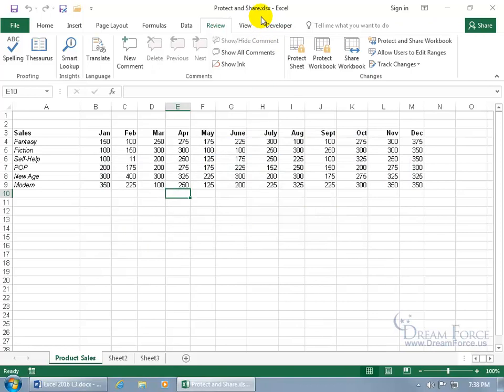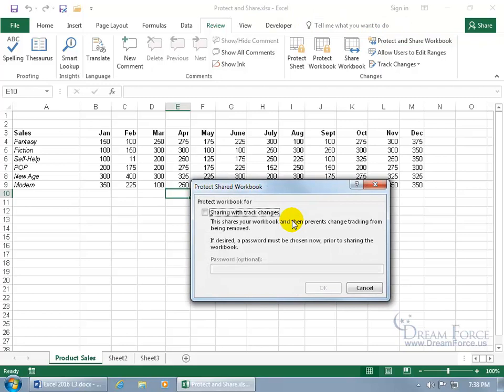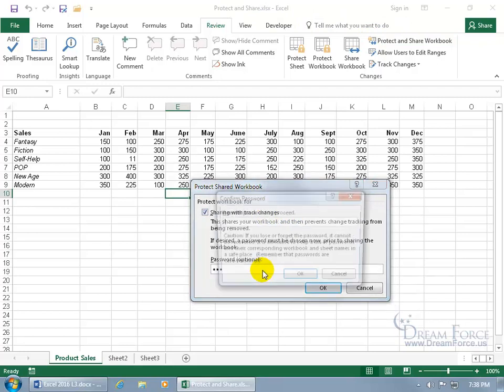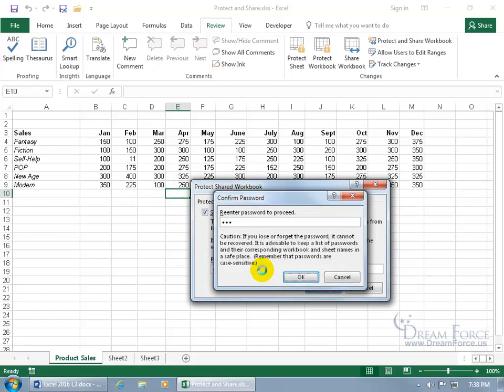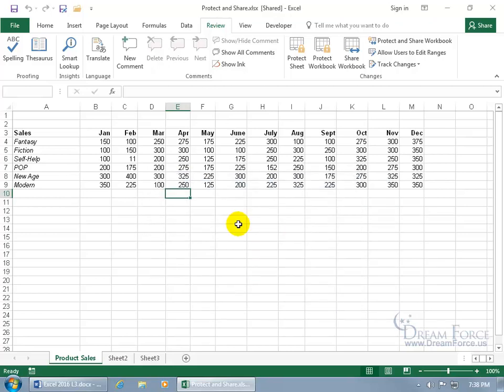So up in the title bar, it doesn't say shared, so click on this and do it right then. If you want a password, check it, and then put the password in. We'll type in boo, hit enter, type in boo again to confirm it, hit enter again, say OK. It's on the network, so when Carrie accesses this workbook on the network and goes, I want to unshare it,